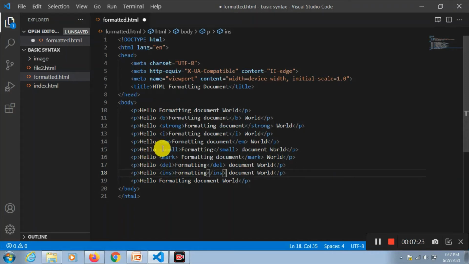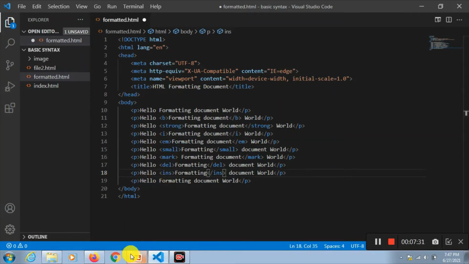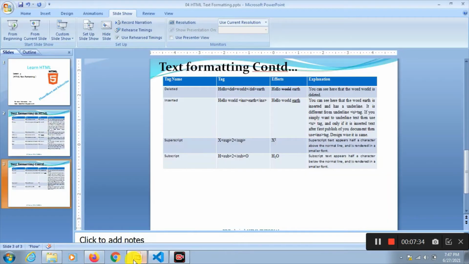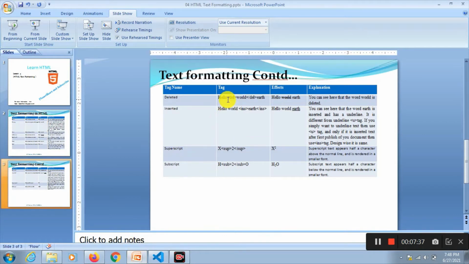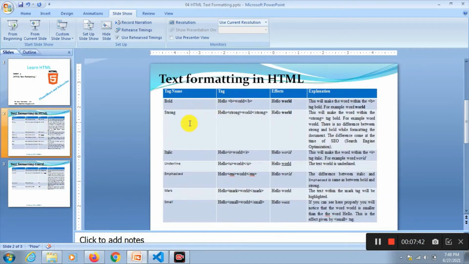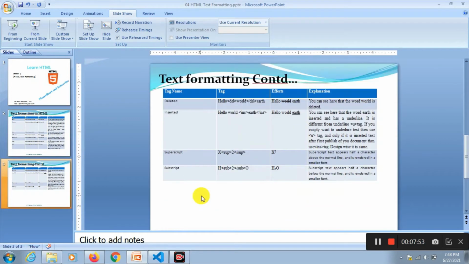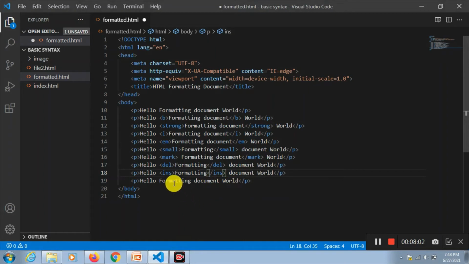So bold, strong, italic, emphasize, small, mark, del, inserted. What have we taken? Bold, strong, italic, emphasize, small, mark, del, inserted. Now we have to take superscript, subscript, underline.